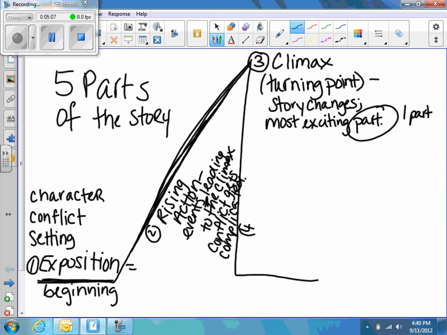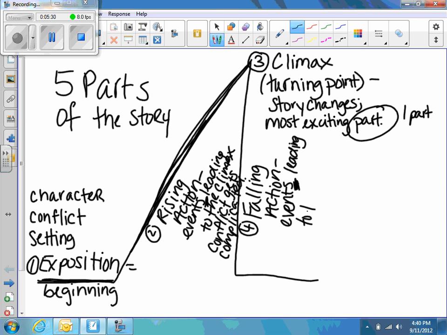Okay, the next one is our falling action. And like our rising action, our falling action is exactly how it's described. It is the events. Okay, and again, we have S here, so that means there's more than one event. Events leading to the end of our book. Okay, so we have our climax here. We have the most exciting point of our book, and then dang, it goes all the way down, all the way down. Okay, so our falling action falls us all the way to our last part of the story,